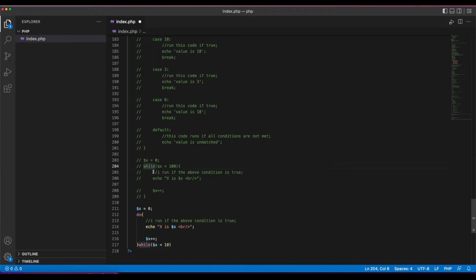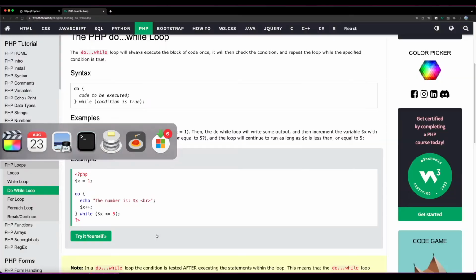Whereas here, it would check the condition first before it runs any code. So the first time it runs, it has to be true before this code runs. But here, even if this is false, this will run at least one time, right? So this is the difference between a do while and a normal while. If we check this, we should see it run